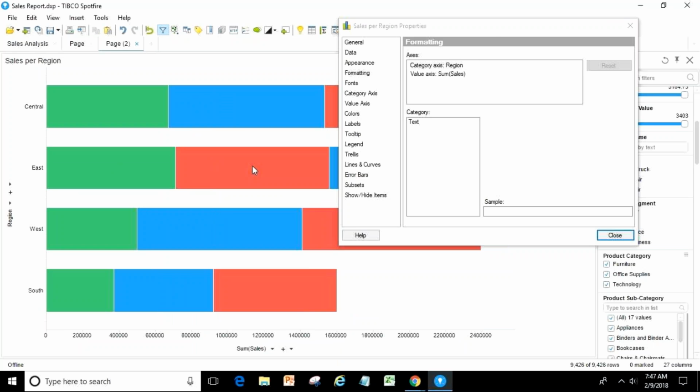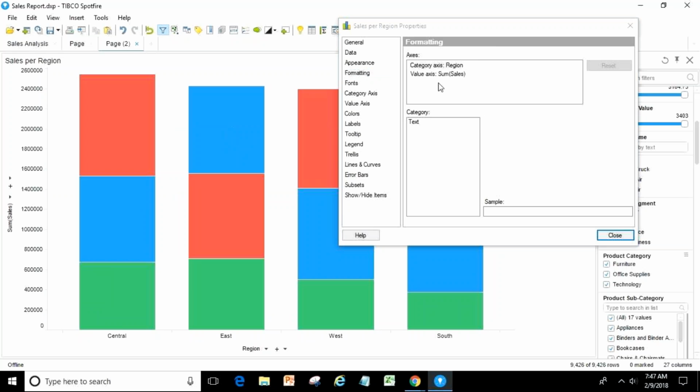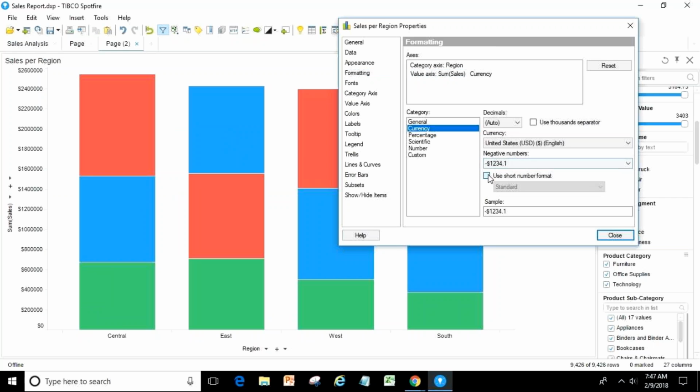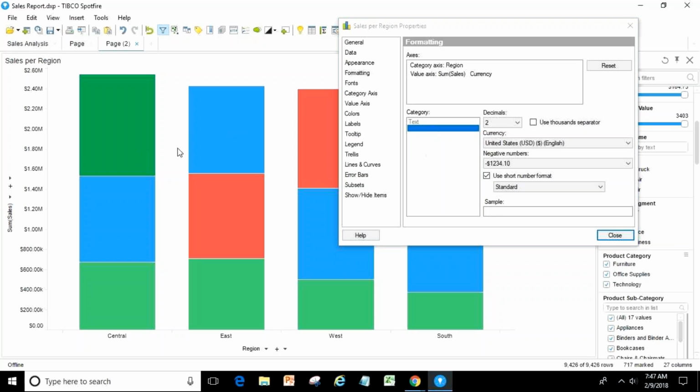Then you have formatting. Formatting is nothing but how you want to see your numbers. So obviously it will be currency, USD, and you can take the decimal places, whatever you want. Here you see the decimal places, how much the sales is, like 1.01, this is 859,000. Earlier you were getting more decimal places and it was not uniform, but now it will be uniform.